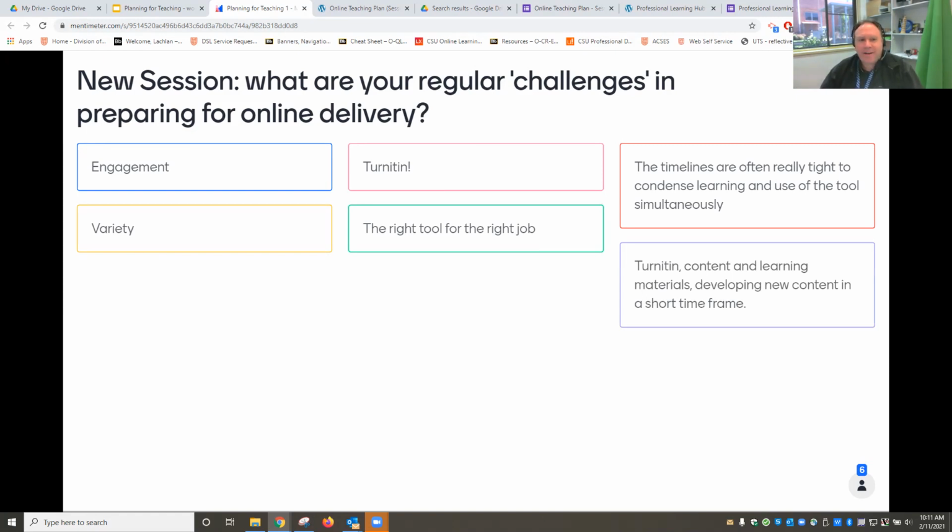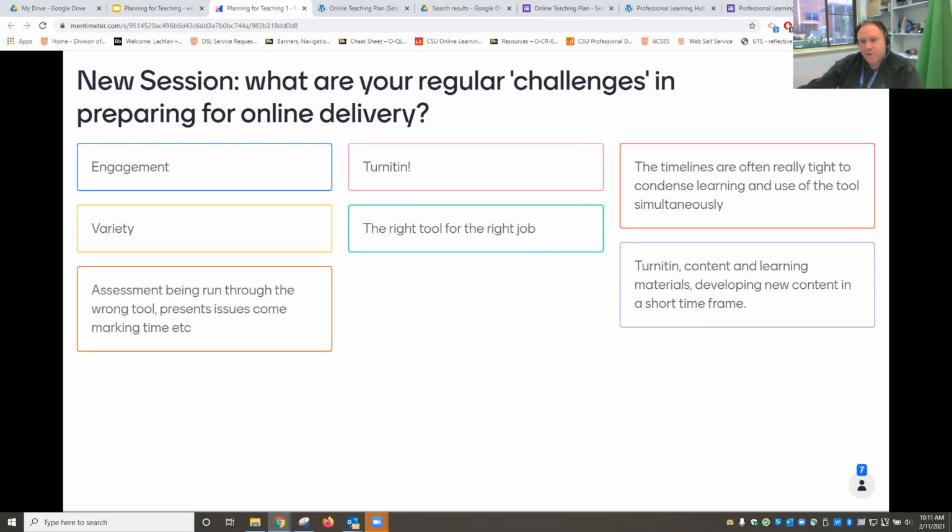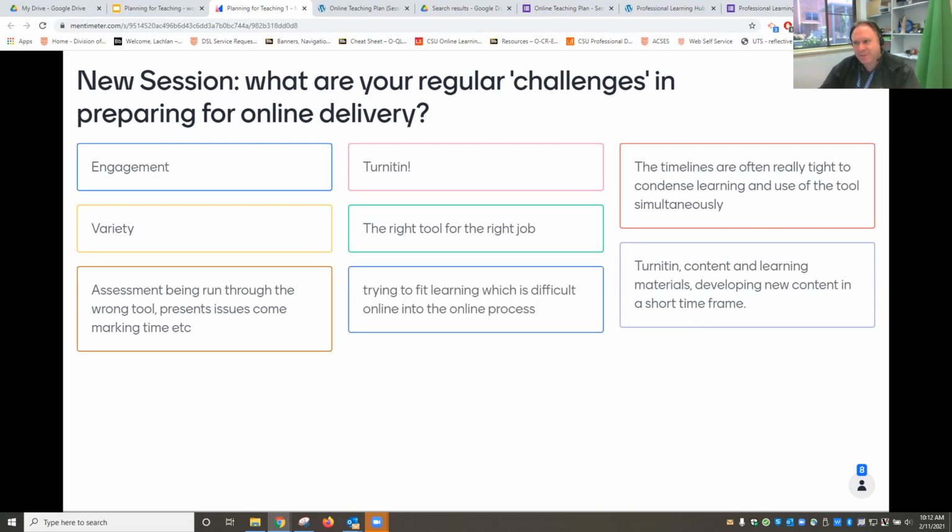Obviously, in the background, at the moment, we have the notion that the university will be moving to a new learning management system by the end of 2023. And the process for transition across to that new system will be happening throughout 2023. So whilst we have aspirations in that regard, we're also limited by the number of changes we can make in how we do things currently, because we're probably going to get the answer that, well, we're moving to a new system, so maybe we can't make a lot of changes in the current space.